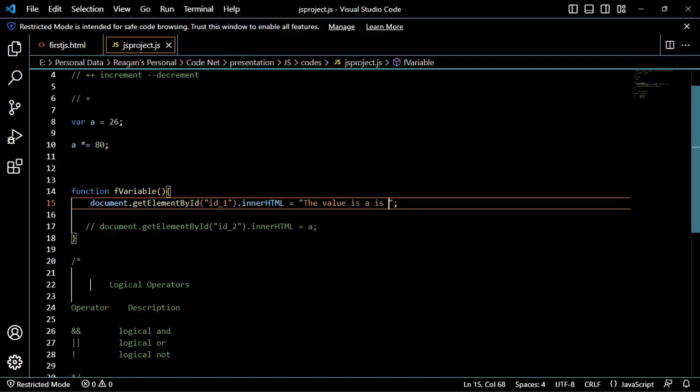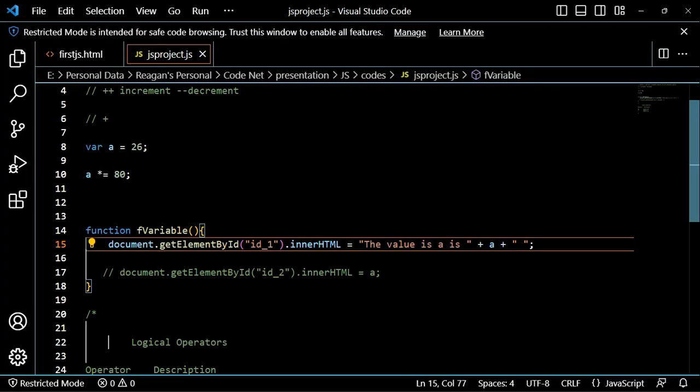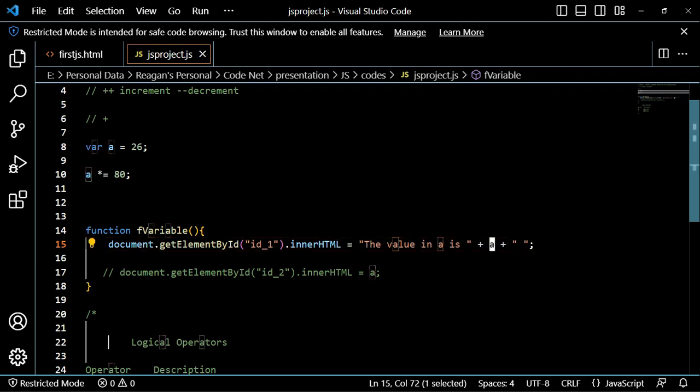The value of A is, and then we can add a concatenating operator for us to link variable A to the actual text that we want to print out, and immediately after A again we can implement a concatenating operator. Immediately when we do that, then we are saying, okay, I want to print out the value in A is, of course the value in A, and then